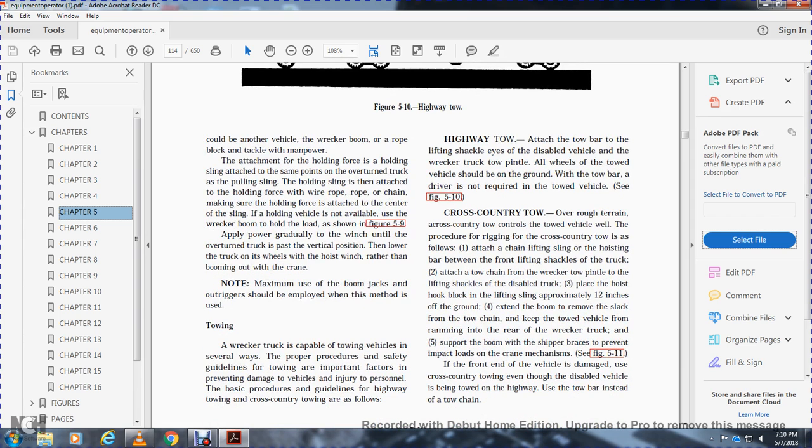Cross-country tow. Over rough terrain, the wrecker must control the towed vehicle well. The proper rigging of the cross-country tow is as follows. Attach the chain lifting sling and hoisting bar between the front lifting shackles of the truck. Attach the tow chain from the wrecker pintle to the lifting shackle of the disabled truck. Three-ply for the hoist. Hook a block on the lifting sling at approximately 12 inches off the ground. Extend the boom to remove the slack from the tow chain and keep the towed vehicle from ramming the